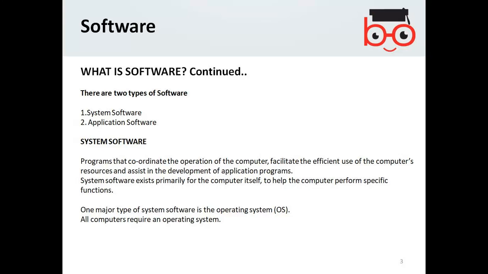So they are also called system software. Not only Windows, but what comes before Windows.